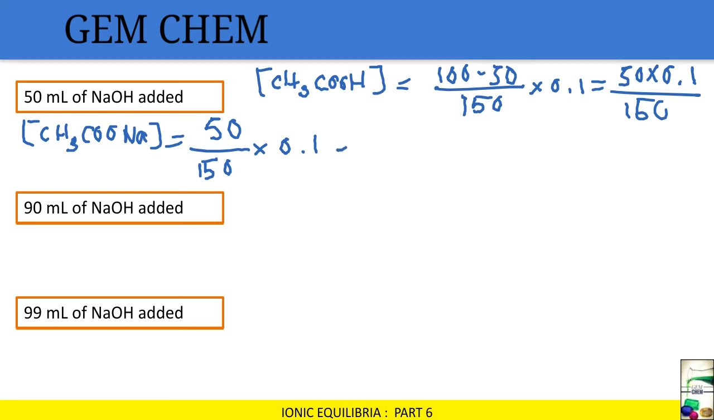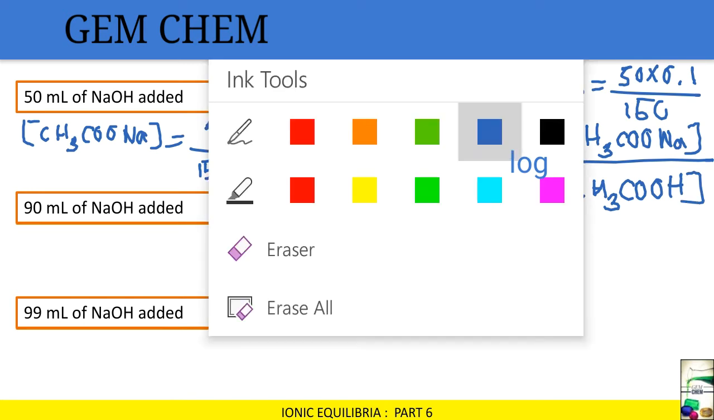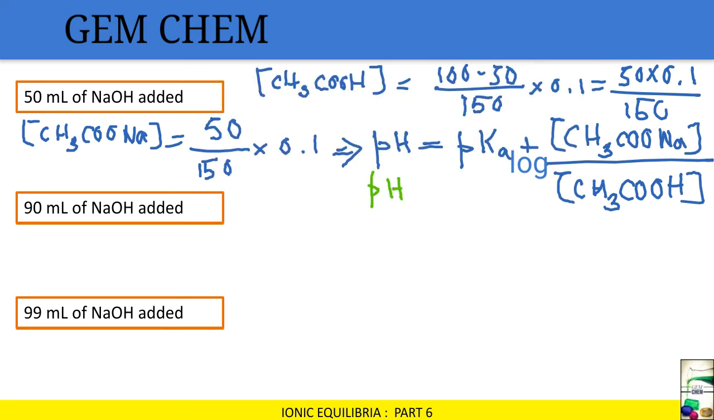And this is equal to the pH coming from here, that is pKa plus log of the concentration of CH3COONa by the concentration of CH3COOH. Now if we substitute the values, ultimately pH comes to be 4.76. When 90 ml of NaOH is added, then 90 ml of CH3COOH will be neutralized, so we are left with